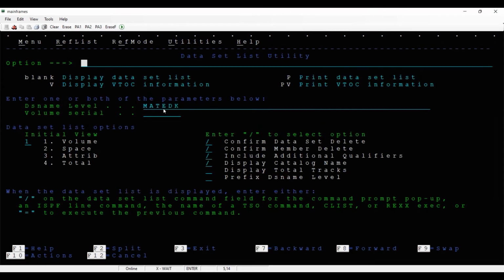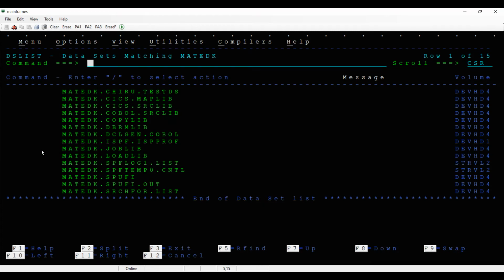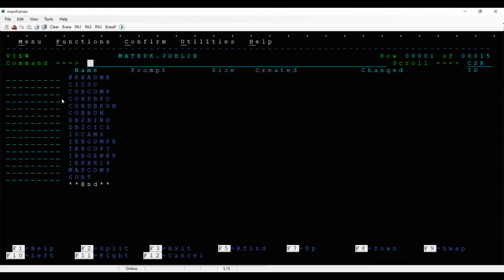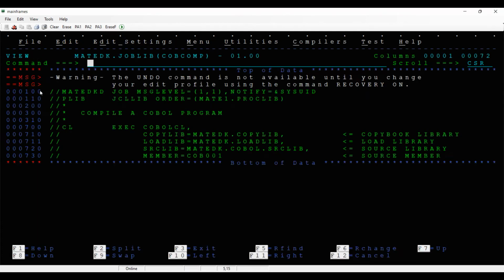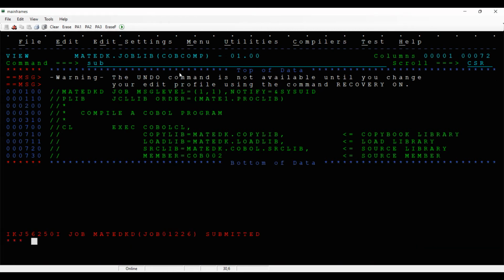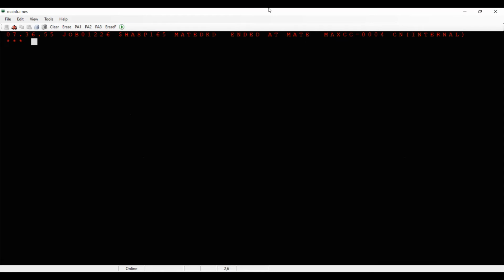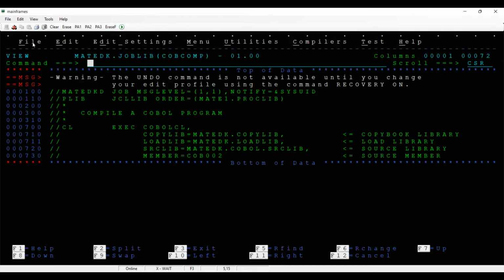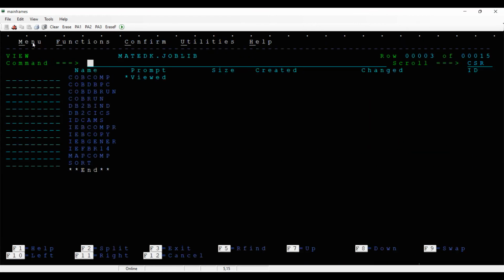I have a compiler program we need to check, and this is the compiler program. Instead of cob001, our program name is cob002, and give submit. Okay, max is 04, it's negligible, so we can execute this. Compilation is a success, we can say. Then we have to run this program. Load module got generated, so